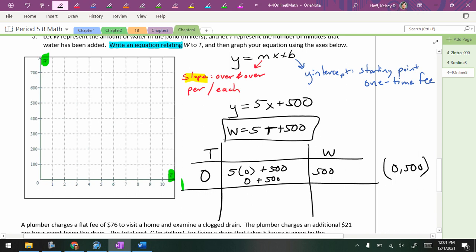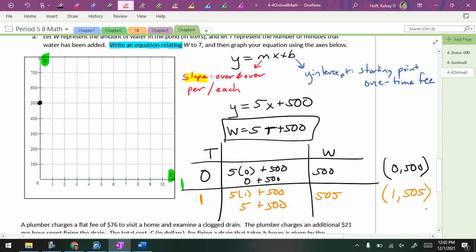Which we definitely could put on the graph. Now I need another point, or another one to plug in. 1. 5 times 1 plus 500. 5 times 1 is 5, plus 500, 505. So my point is